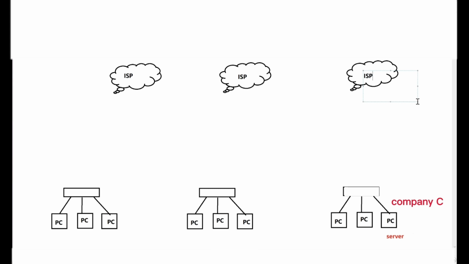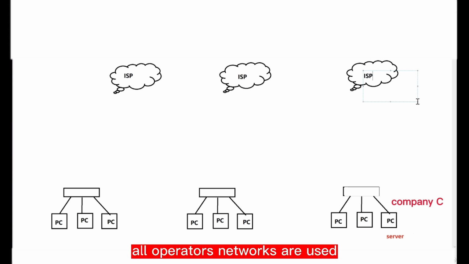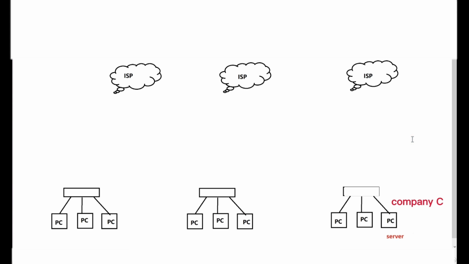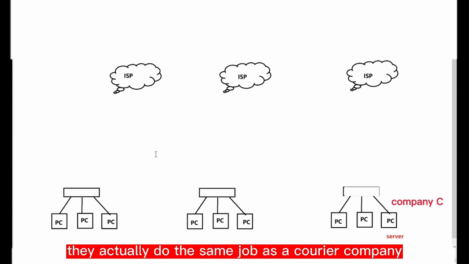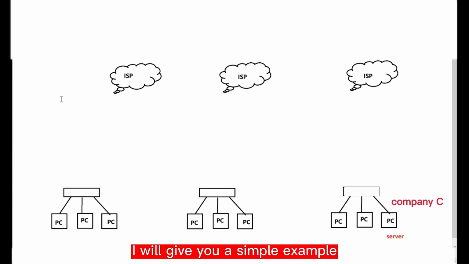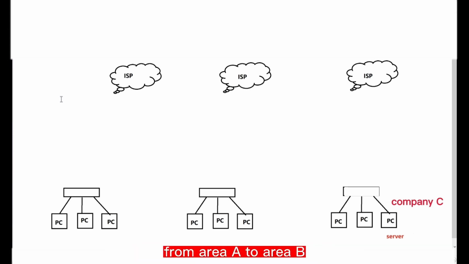So to say, we are now actually using all operators' networks. What is the operator doing? They actually do the same job as a courier company. I will give you a simple example. You want to send a courier from area A, or you want to send something from area A to area B. Then you have two options. One is that you fly, holding this thing, and sit all the way to area B, and hand it over to the recipient. The other one is that you can hand it